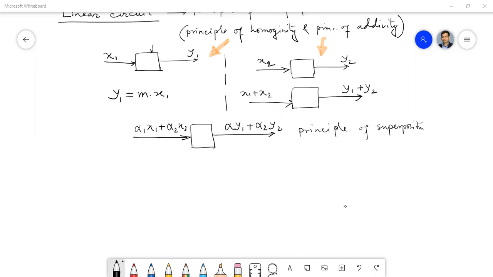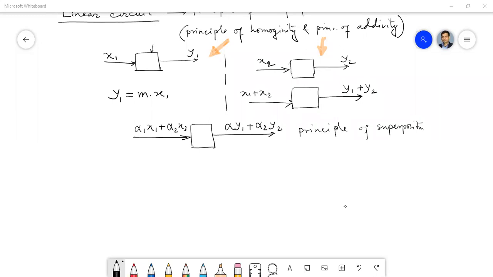Okay, understood? But one thing I have told you here: these voltage sources and current sources which we have mentioned in this theorem, you have to mention that they should be independent voltage sources and independent current sources. In most of the literature, these terms are not given. Why am I mentioning this? Because if there are dependent current sources and dependent voltage sources, we cannot make them off. We have to keep them in the circuit. We cannot make them off. Got it?